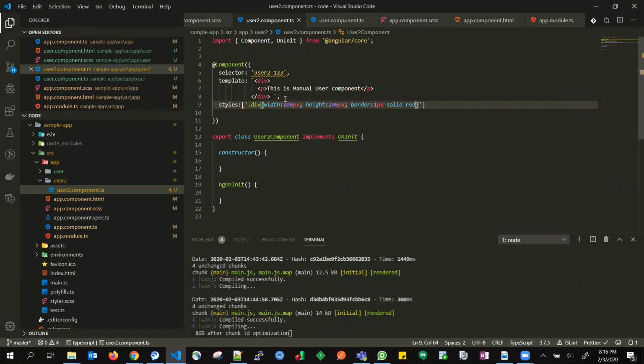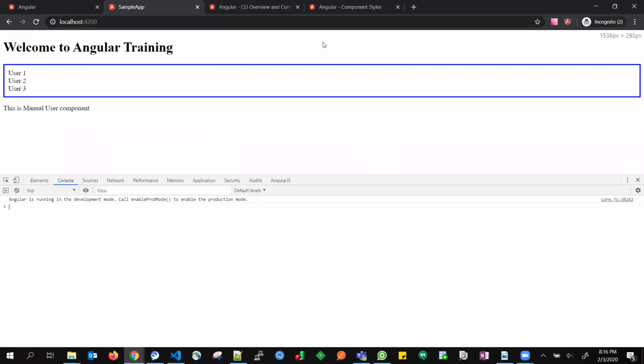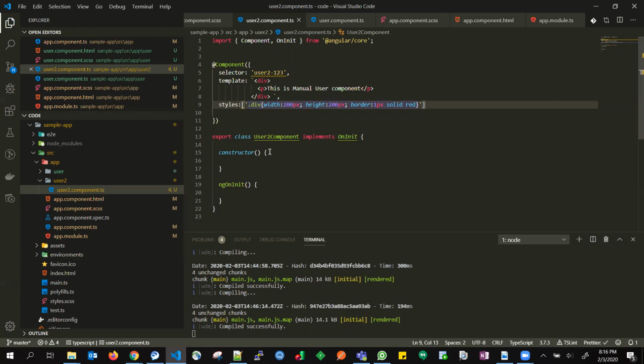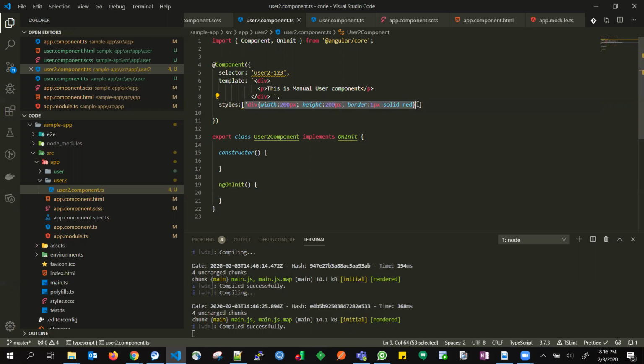Right. Let's see if it's going to work or not. Still, it is not working. Something went wrong. You are referring to it as .div because it's not a class. Sorry, my bad. See, now it is referencing. Yeah. Okay. So you can write inline style as well here, and you can write inline code as well, and